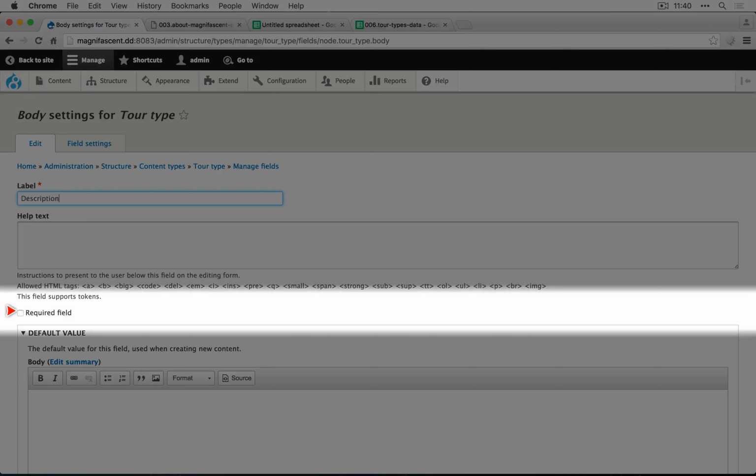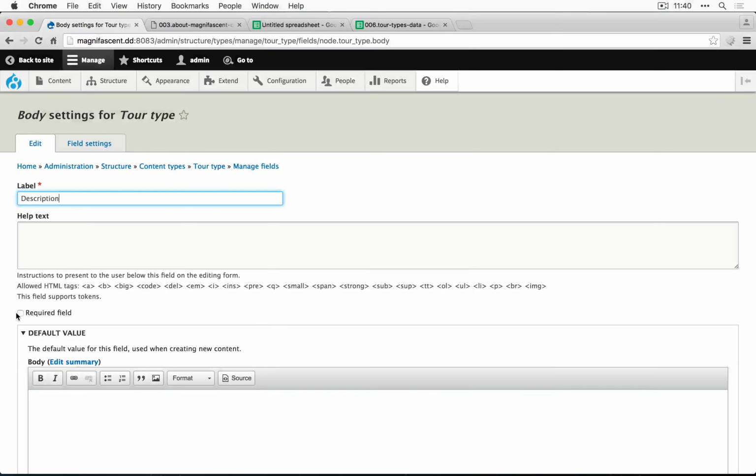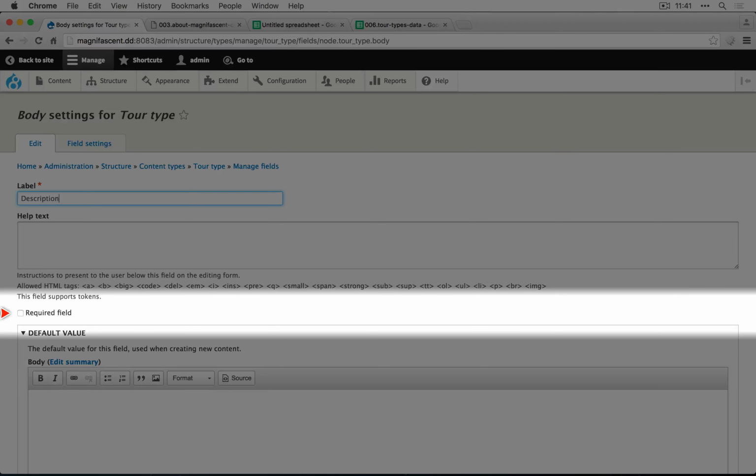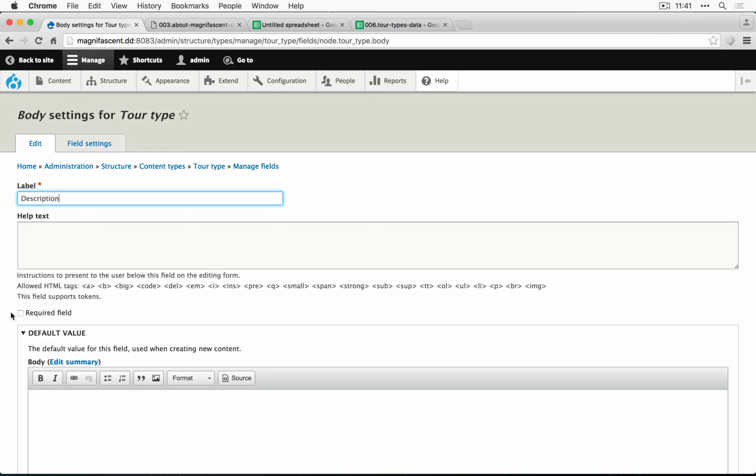We have required field, which requires that there's some content in this field before the form gets submitted. So at this point, it looks like all of the tour types are going to have descriptions. So we might want to set this as a required field. But doing so means that if somebody wants to create some partial content with just a title, for example, because they don't have the description ready, but they need to create the tour type for some reason, that they'd be forced to put in some inaccurate text for the body in order to submit the form. So we'll leave this unchecked for now,